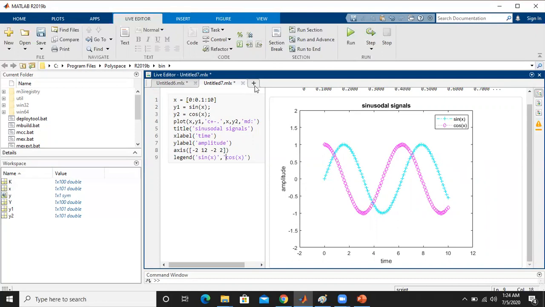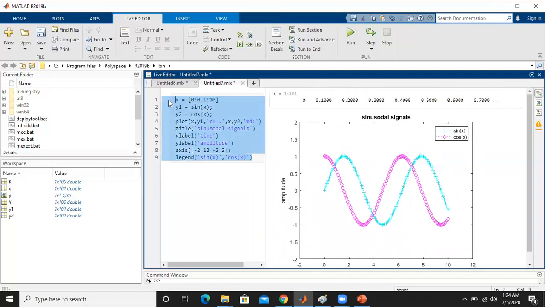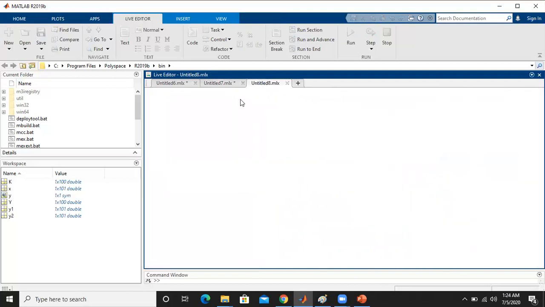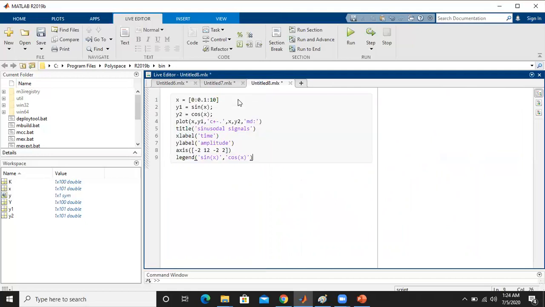Now, at the same time, they can also be plotted by using another command, plotyy. So we copy the same code, open another one, paste here. What we can do is change this plot to plotyy, and you can directly copy these functions now.